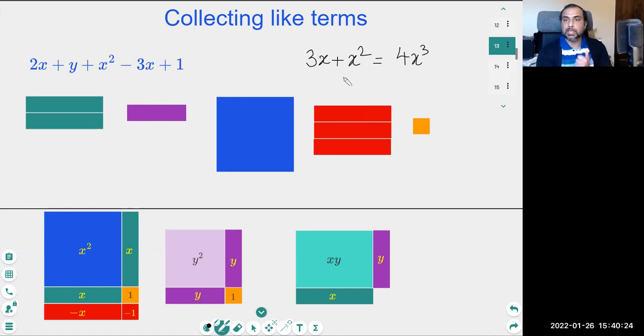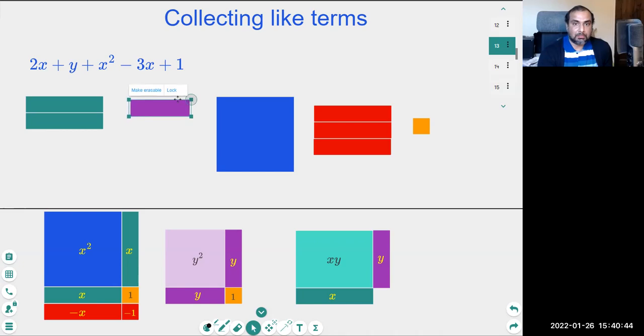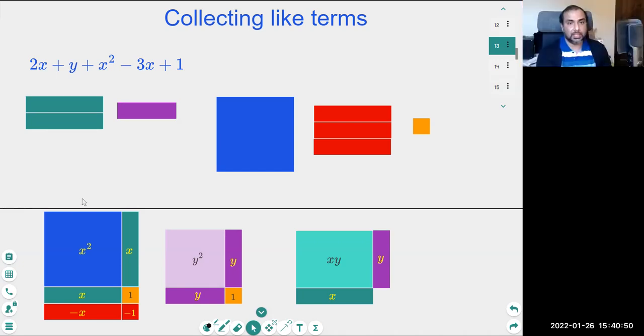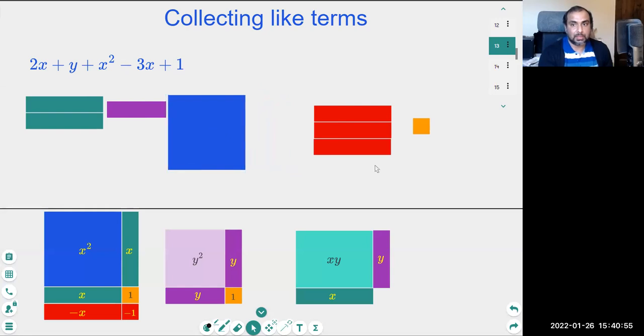So when you see this written in the abstract, you can see why they would do it, because it's all symbolism. But when you create this with the algebra tiles, the x tiles are green and the x square tile is blue, and it's a totally different shape. So if you were to add the tiles together, you can't come up with something else, because that's that. So adding is aggregation. It's just pushing things together. If I push that with that, and then I push that with that,